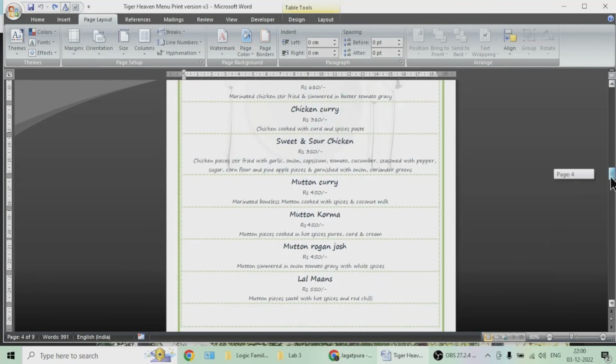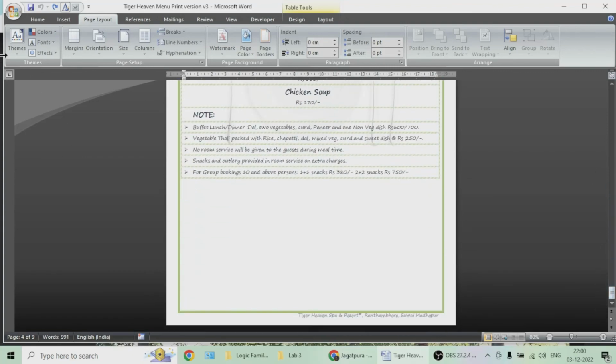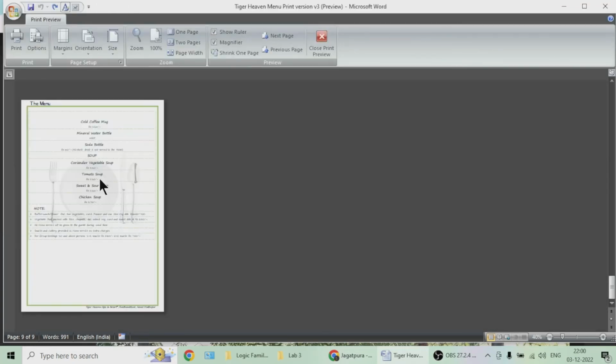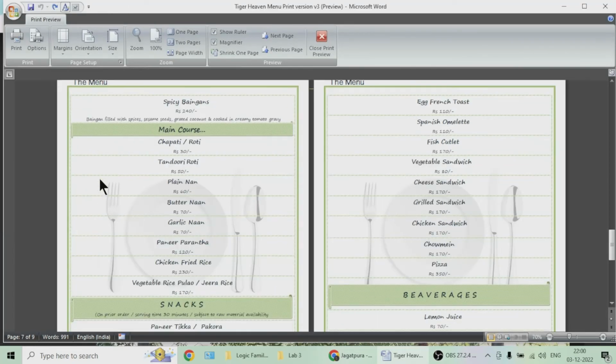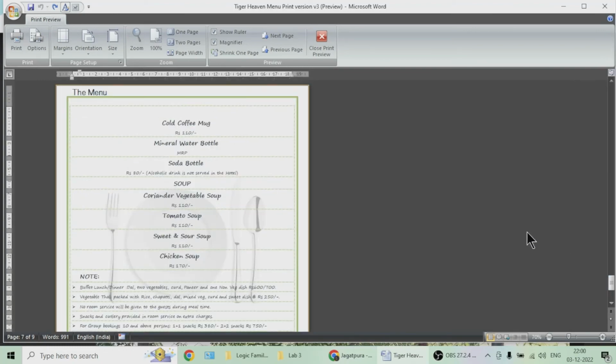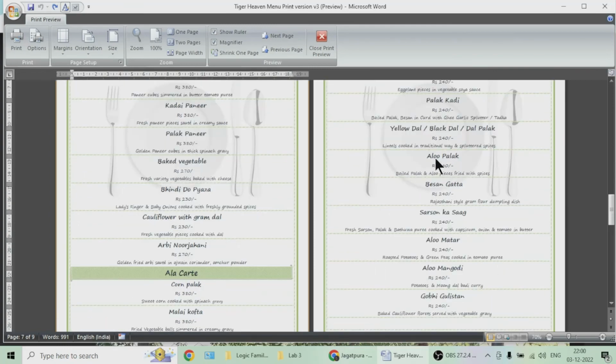And this is all that was done in this menu, and the menu was pretty much ready to be printed. If we see the print version of the menu, it looks quite okay to go for the hotel resort, and it clearly displays